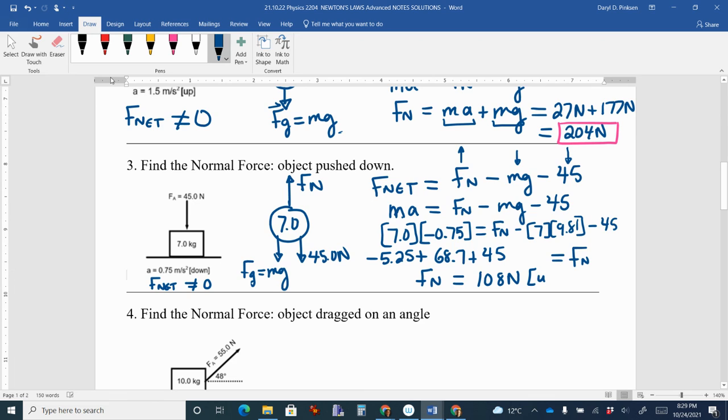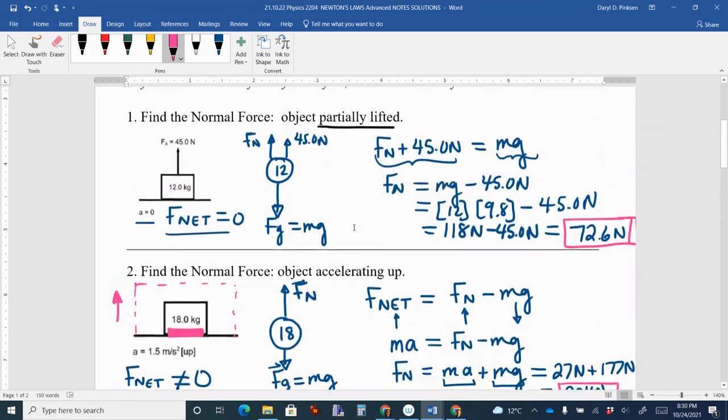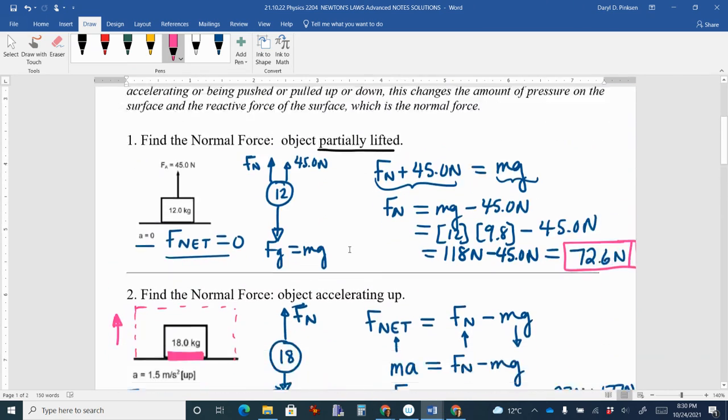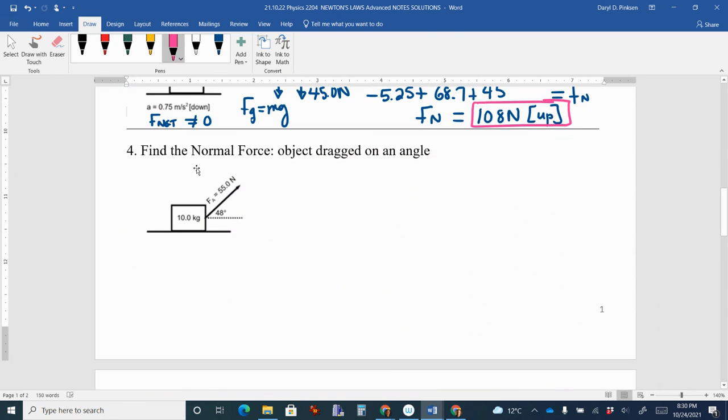And because it's positive, that tells me that it's up. There you go. So I'm going to take a little break and just let that sink in for a while. And then I'm going to go down to this one here being dragged at an angle. And now, this is the point in the story where you have to know how trig works. So I'm going to stop the video and